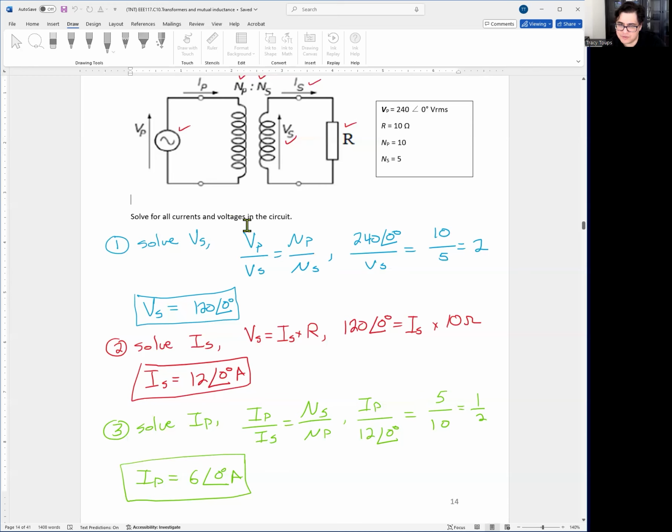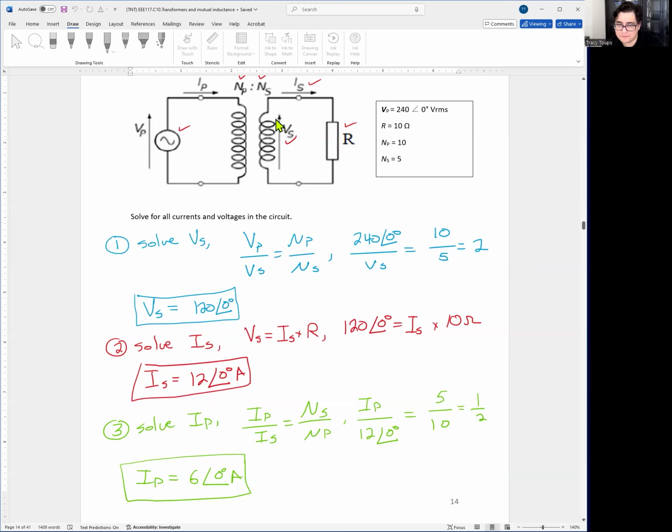Remember, voltage ratio is VP over VS, so primary over secondary is equal to the turns ratio NP over NS. Primary voltage is 240 angle 0 degrees RMS. We don't know VS, so that's the variable we need to find. This is equal to 10 over 5, which is equal to 2. So VS must equal 120 angle 0 degrees to make sure that we have a ratio of 2 or 2 to 1. Okay, so immediately I know my voltage on the secondary side is now 120 volts angle